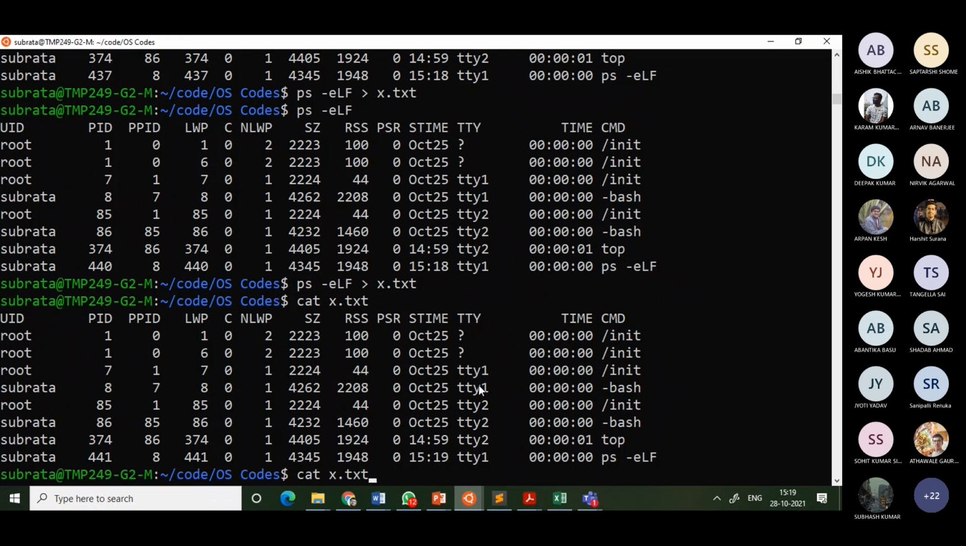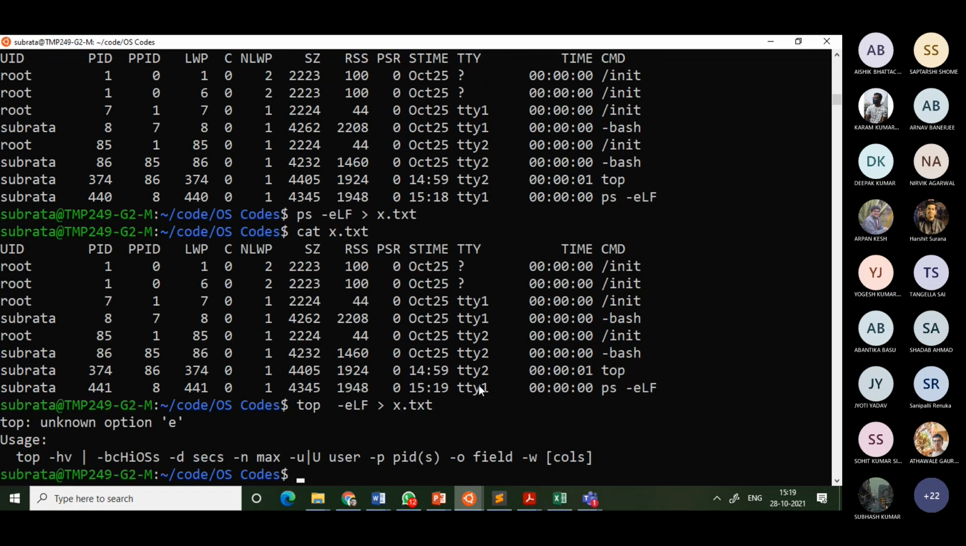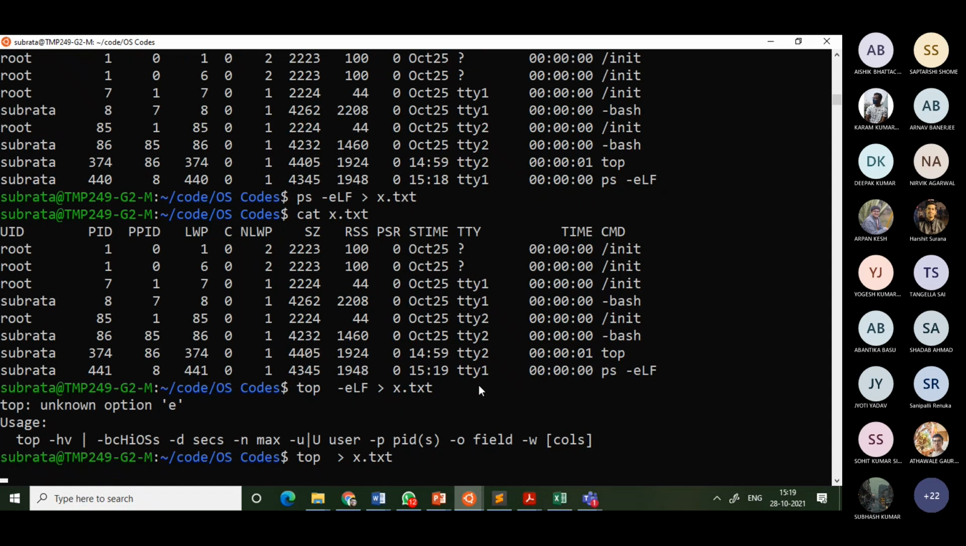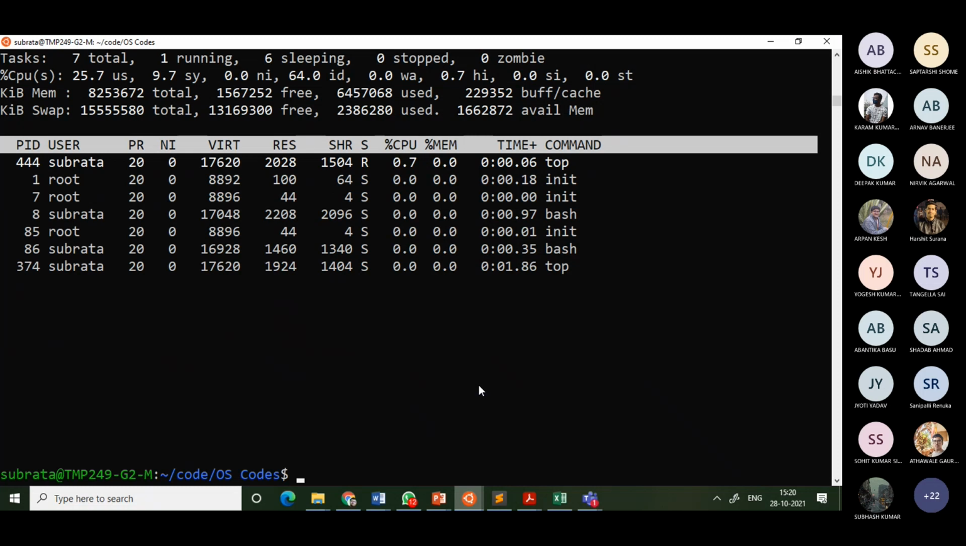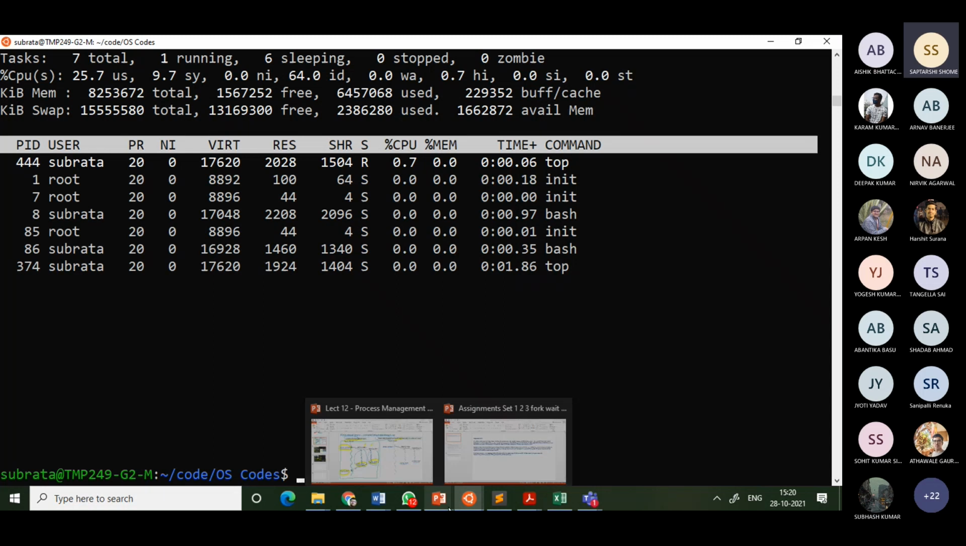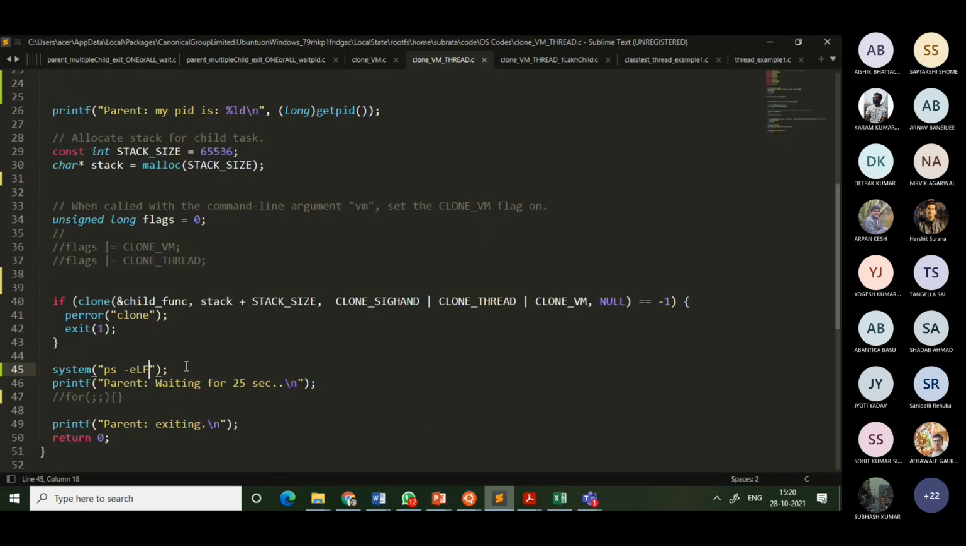And you can do it for top also. The top command. Because it keeps running, and if I press Q, it dumps. So now let us see. Can you see this? Yes, sir. So now if I come back to this piece of code, and if I run here,